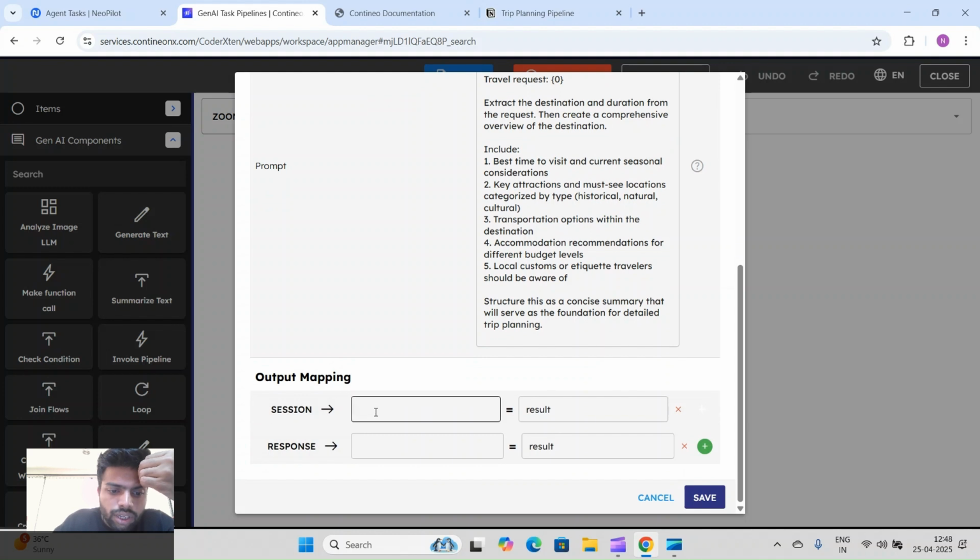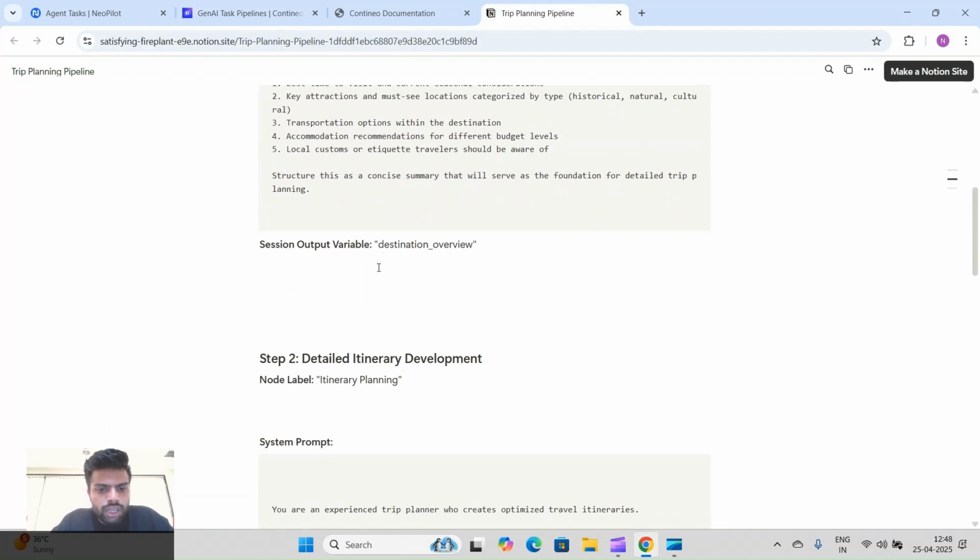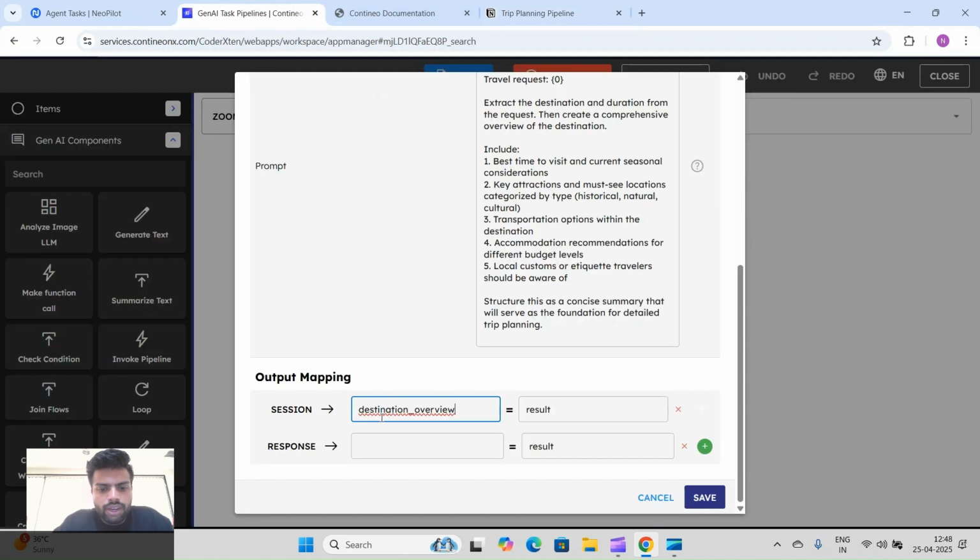As I told you, we are going to use three steps. So we will save the output of this step in this session, which can be used later in the further steps. We'll name that output destination overview. I will name it, and we can also take it as a response to see whether this step is giving us the desired output or not.